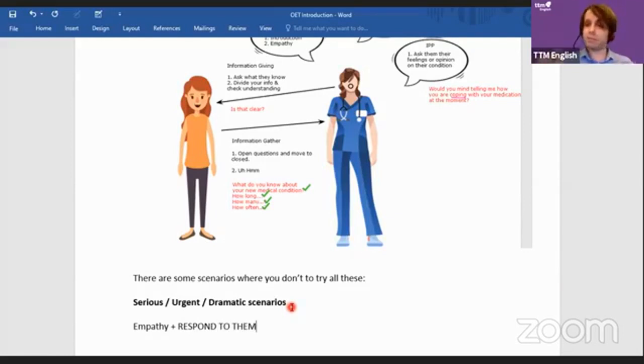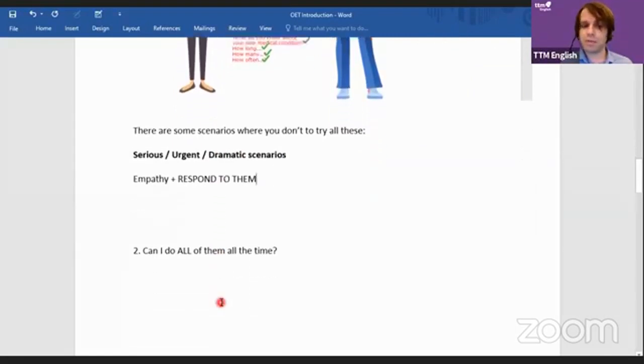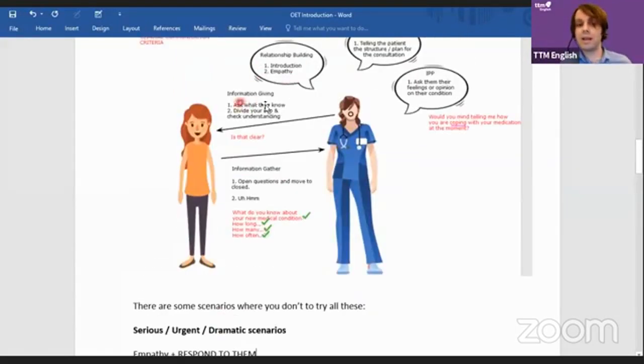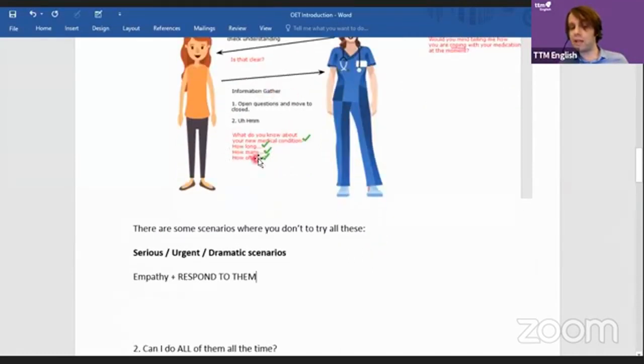Let them tell you why they're so angry, right? Respond. Often I'll be doing a one-to-one with people and they won't listen properly. But if it's dramatic, I think the best thing to do is just listen to them, respond to them, okay? Try and get your relationship building in there. If you can give some information, if they want you to explain something, then you can do it, right? If it's natural, if you feel like you need to know more about something, you can start to gather some